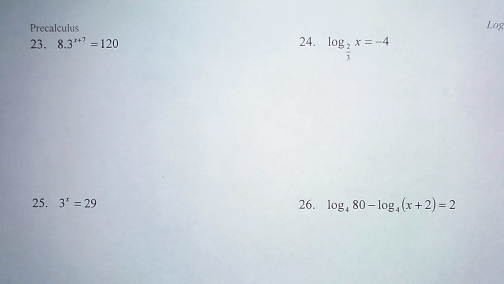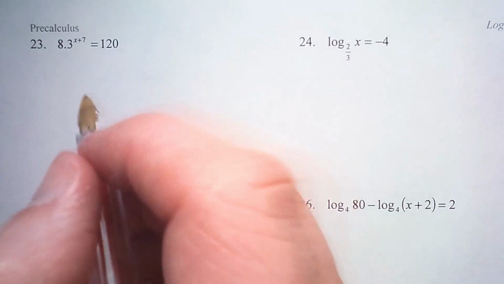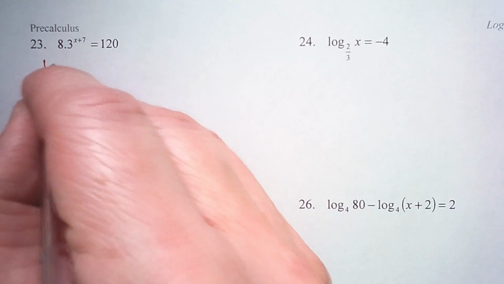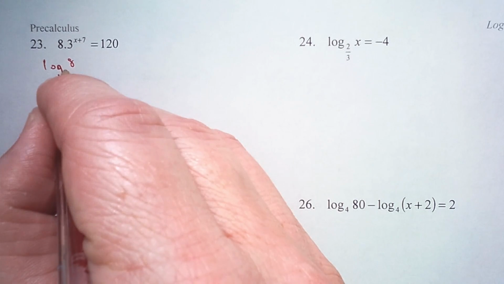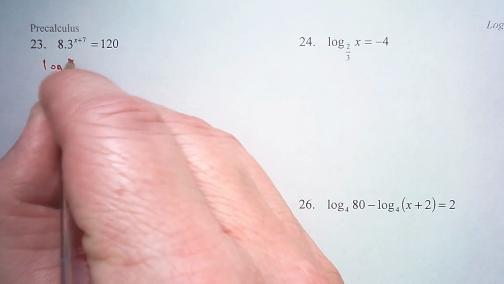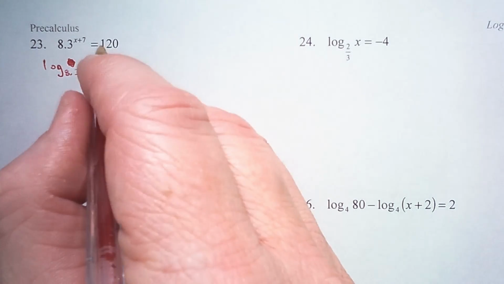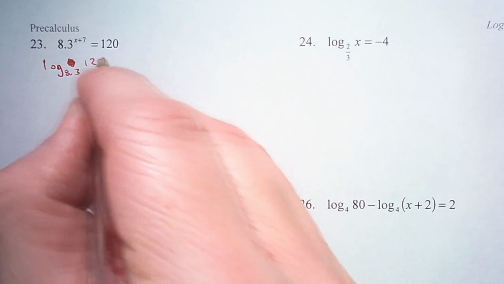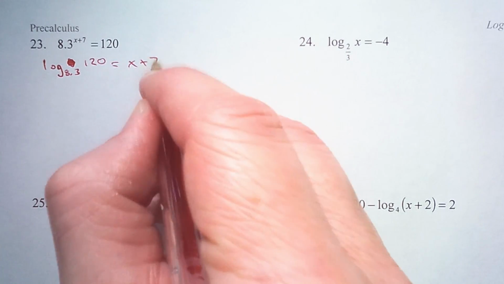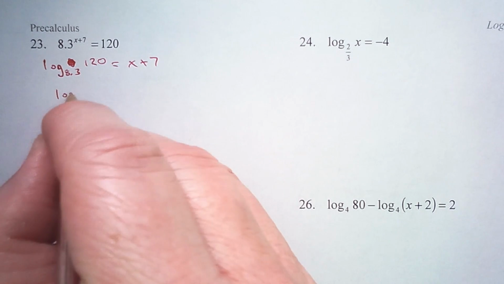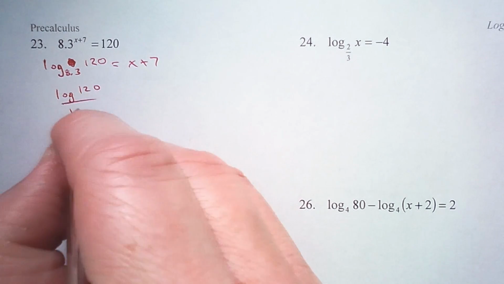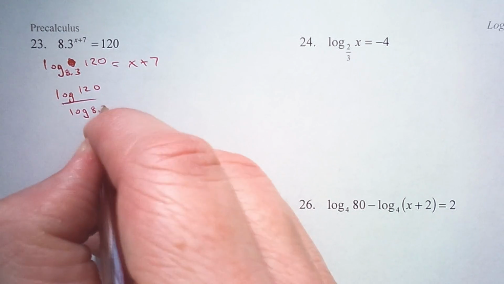Continuing to solve some equations for x here. So on number 23, I can put this in log form. So I have log base 8.3 of an argument of 120 equals the exponent x plus 7. Now I can use the change of base formula, log of the argument over log of the base